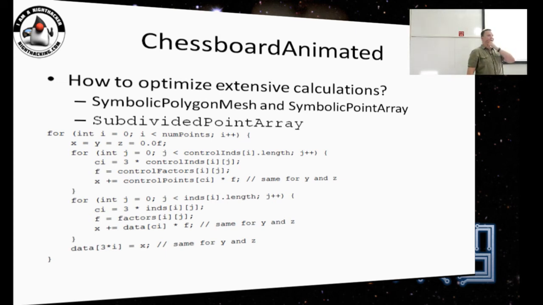Questions in the back? Is the whole JavaFX going to be open source? I know there was a talk like two years ago that it was going to be completely open, but it hasn't happened yet, I guess. I think it is open source. The whole JavaFX is open source. There could be some small parts of it, but yeah, it's all open source.